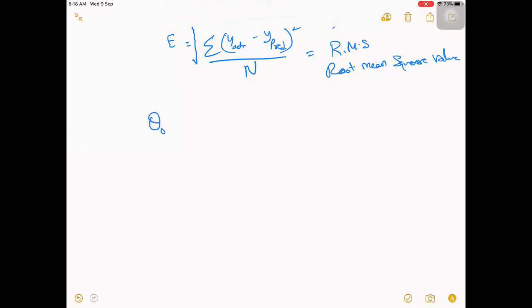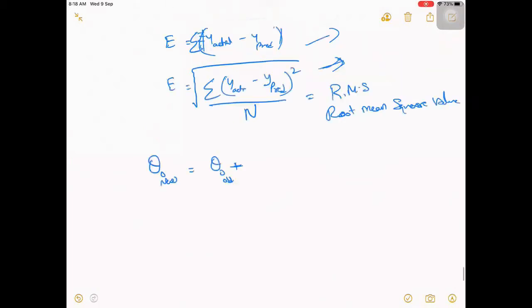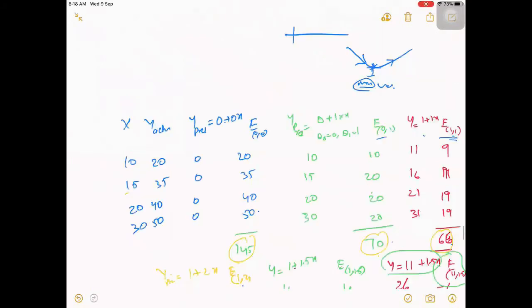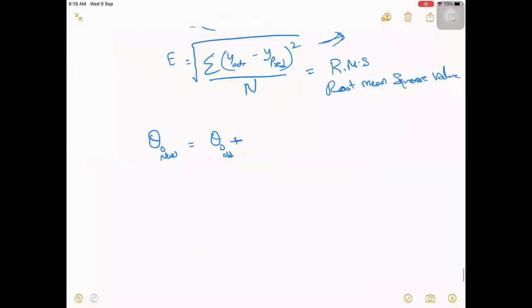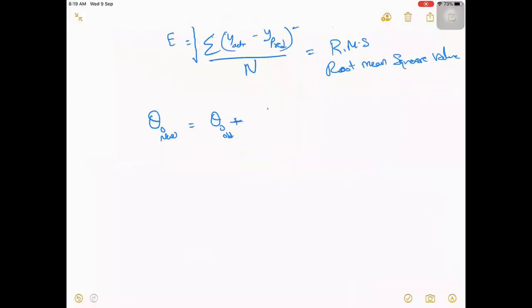theta naught new equals theta naught old plus, so how much should be increased? This is what we are going to code directly. Previously, to the older value, I increased 1 here. But in this case, I am going to define a criteria through which we are going to change the values.